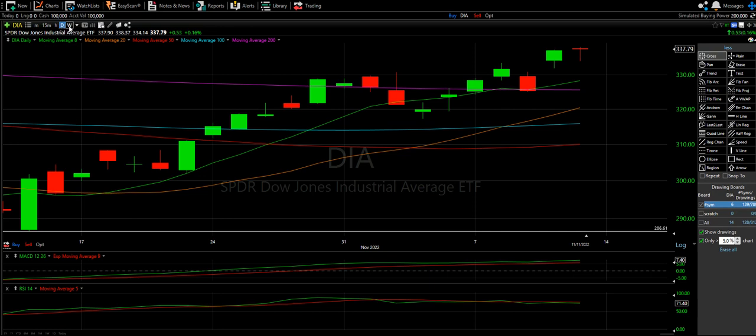We're going to look at the daily and the weekly. We're going to use our 5 moving averages. There's one down here. I have these horizontal support and resistance lines that I do manually draw. And then when we're done up here, we will use the MACD and the RSI to finish it off. So I am starting on the DIA, and then we'll switch in between the Dow Jones Industrial itself